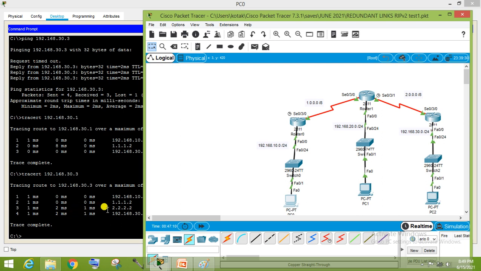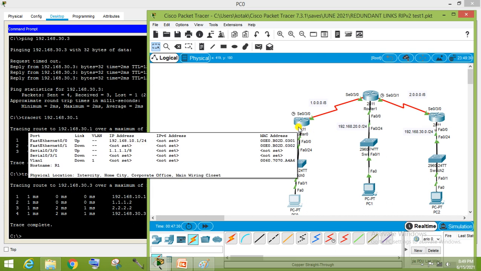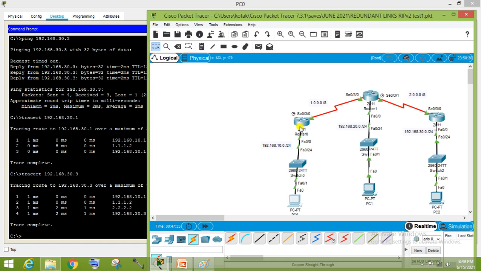So what have you observed? We have observed that when we first ping properly, we are now visible to this network, to this PC also. So when we run the command tracert 30.3 from this PC, first it goes to 10.1. This is our 10.1 to this router, and after that it goes along this path.